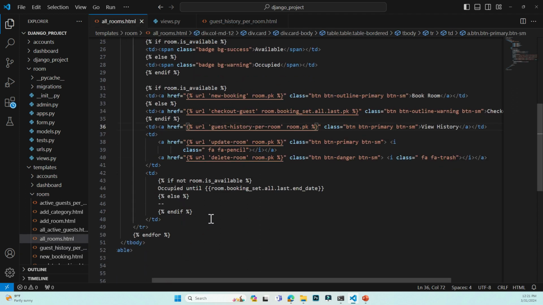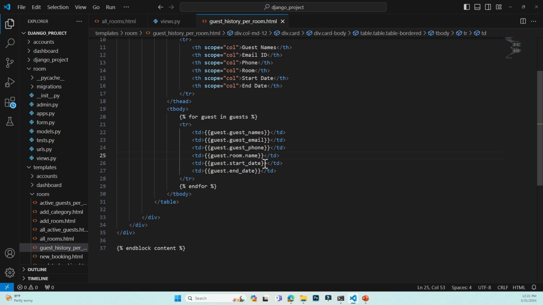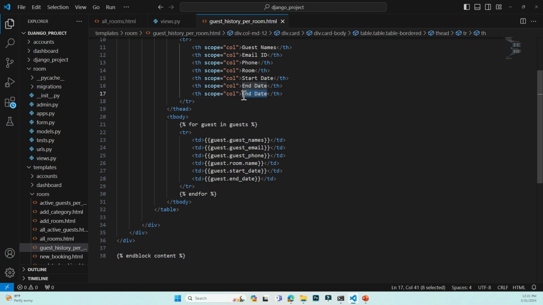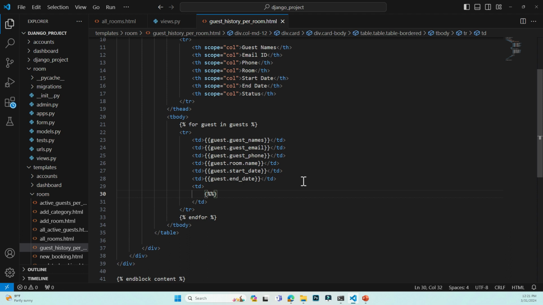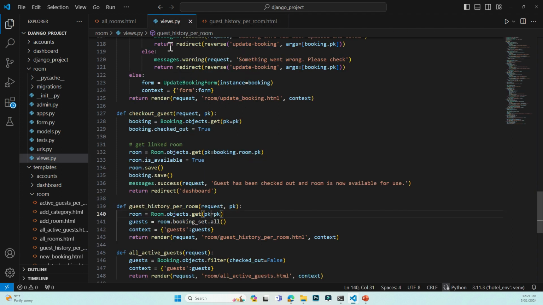We can do all rooms and then we can, no, sorry, not all rooms rather. Guest history per room. This is where I want us to be at. So we can just copy this, right, and paste in here. So we can do status td, right? So we say if guests dot checked out. So if this is true, we want to say